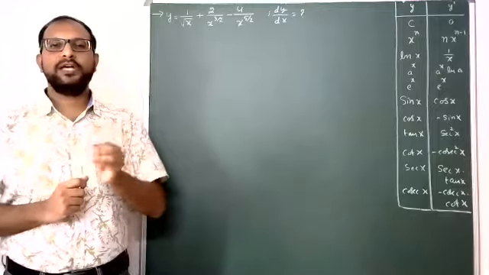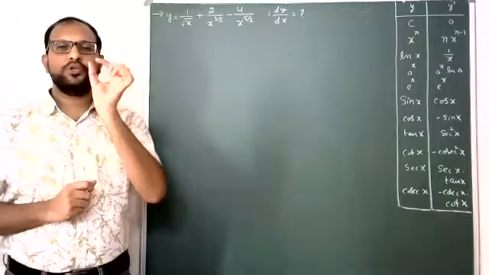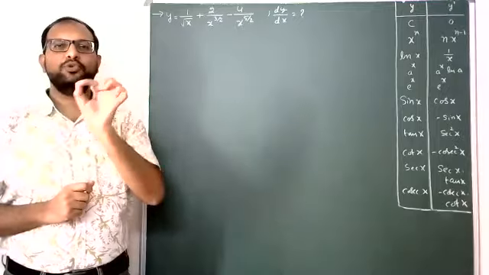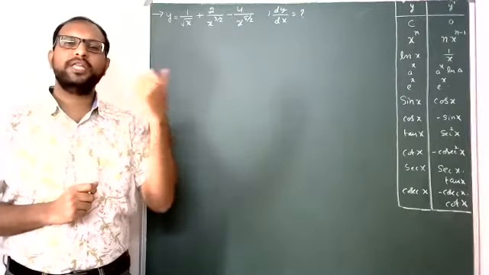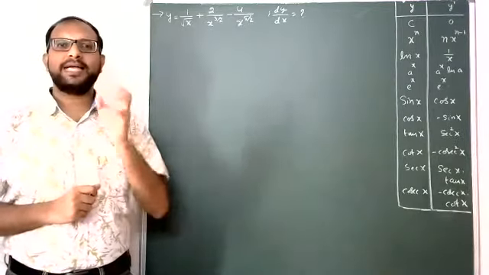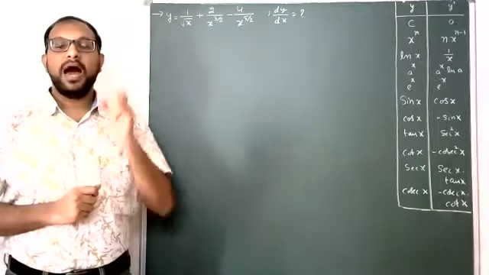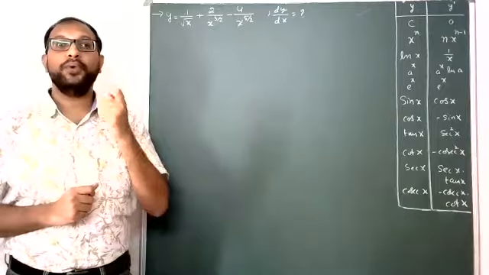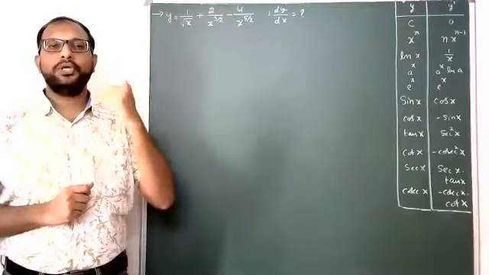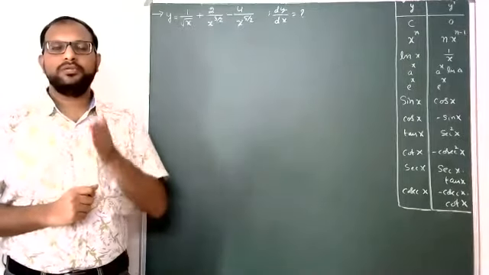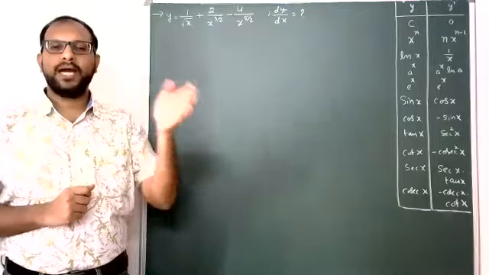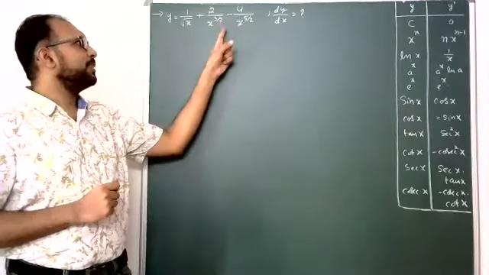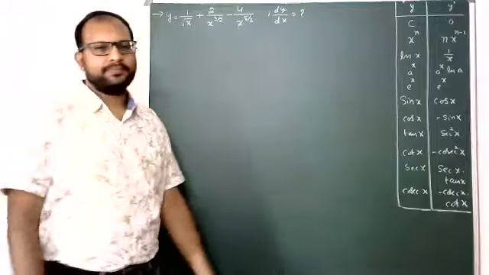Later, rules of differentiation. Suppose one constant into a function. Otherwise, addition of two functions, not only two, maybe more than two functions. Subtraction, that is a difference, or multiplication of two functions or three functions, that is u into v, or now u by v form. So all this I completed, students, in part 1. Yes, a small revision on that, with the help of this problem I am going to explain.